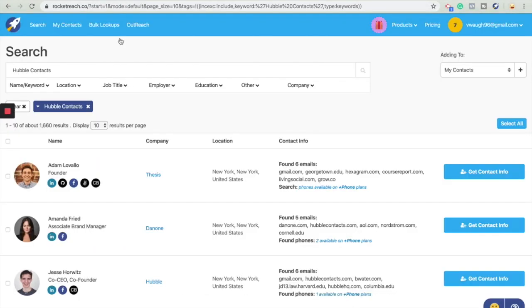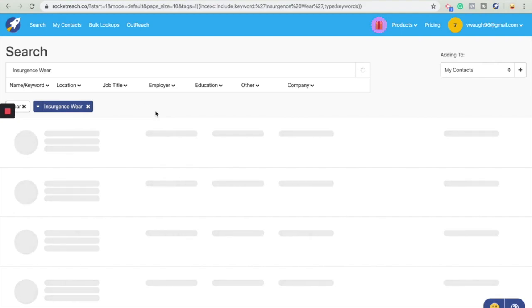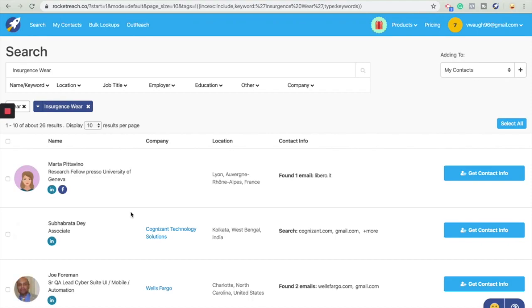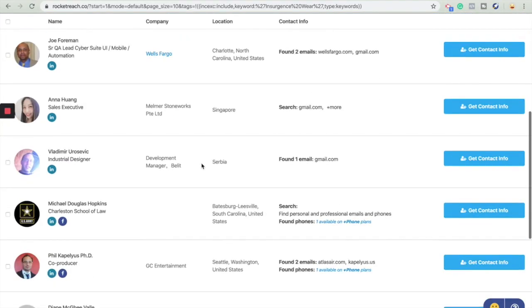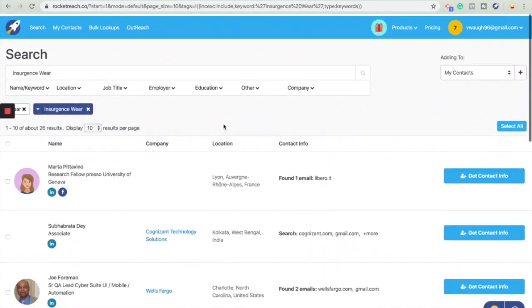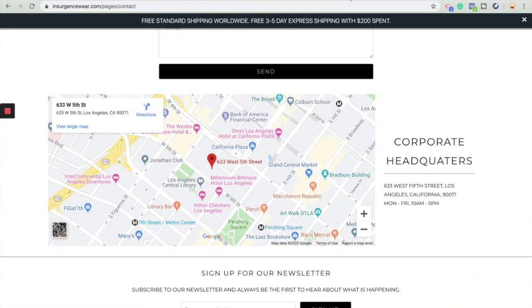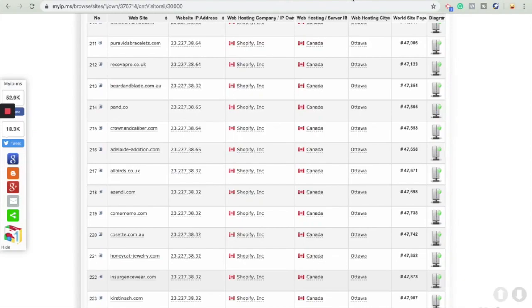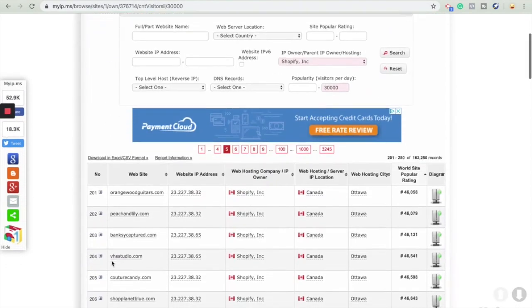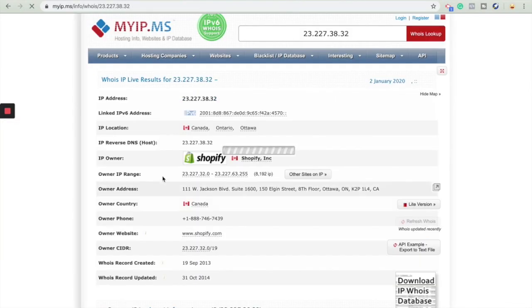So we're going to go to a platform I love to use called Rocket Reach. What makes Rocket Reach so important is all you'll be doing is putting the company's name into the search, and it will give you a clear search of who is the potential CEO. A company like this is probably a little bit hidden, not so well known, so it makes a lot of sense. Let's find a well-known brand. Let's try this one.